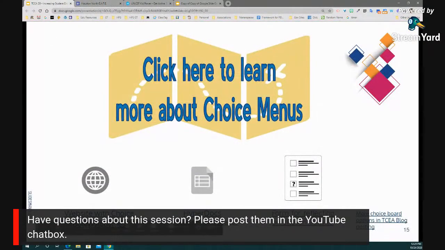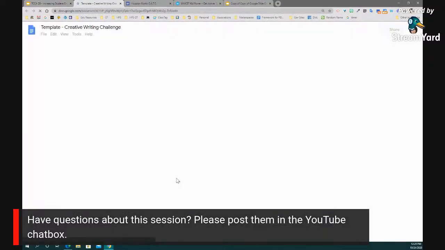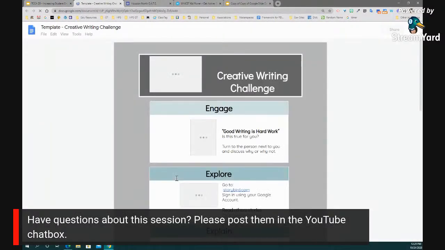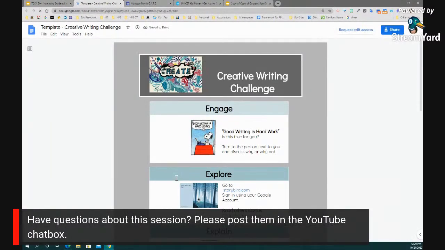Another example is hyperdocs, and I will say hyperdocs are a subgroup, so to speak, of choice menus, in that they are focused on the same learning target. They just have different resources that kids can choose from, so they can still achieve mastery in that particular learning standard or learning target. I highly recommend you check them out too.